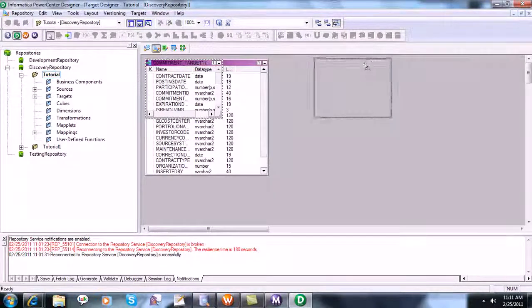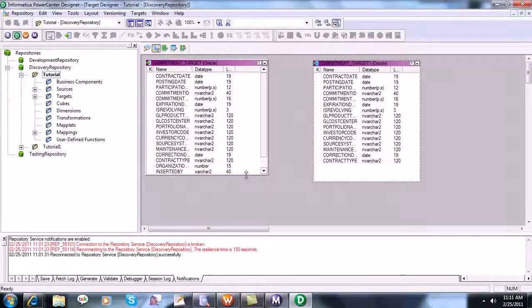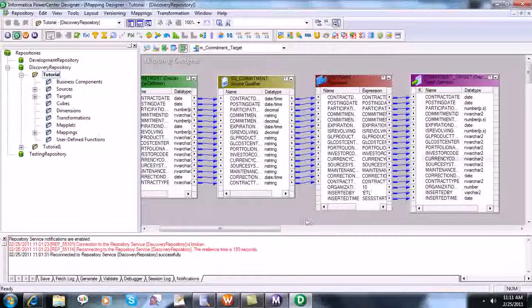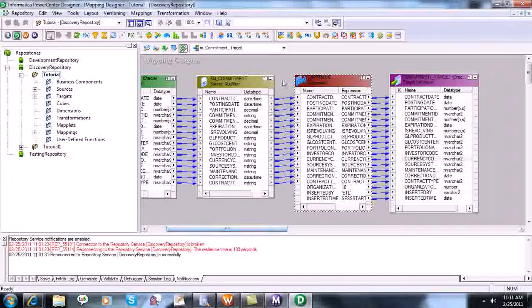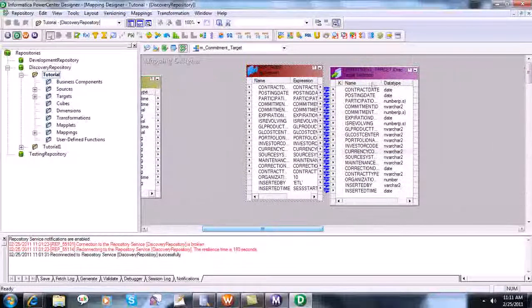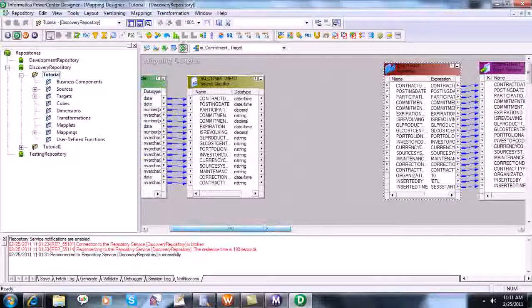Here we have got the new table. In the previous target we added 3 columns so that we could use the expression transformation, but we won't add those here because our main purpose in this session is to learn about the router transformation. So I'm removing these links. Now just move it a little forward. Now I am bringing the router transformation here.